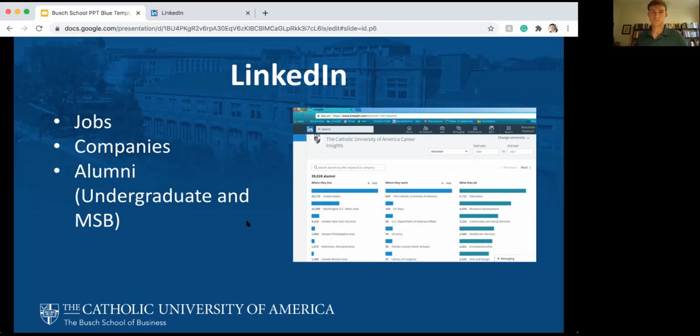Either way, right. So we're going to move forward to LinkedIn. LinkedIn is really where the searching and networking come together pretty nicely. I would say that Handshake is your number one and LinkedIn would be your 1.5. These two put together will really set you up for success. On LinkedIn, you can search jobs, you can search specific companies, and you can search alumni, undergraduate, so if you didn't go to CUA, you can search that university alumni group or